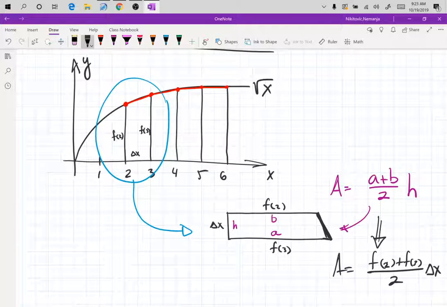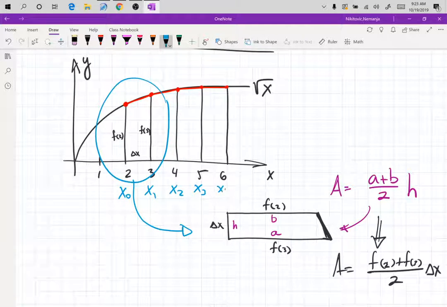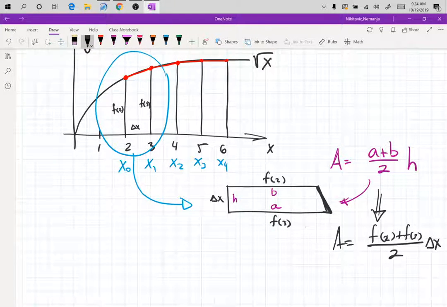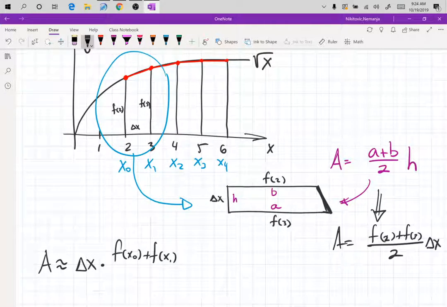So now, if I label the values x0, x1, x2, x3, x4, and you can go on as far as you have to, we can approximate the area by what? Well, I have delta x times, that's the height, times f of x0 plus f of x1 divided by 2. So that will be the first